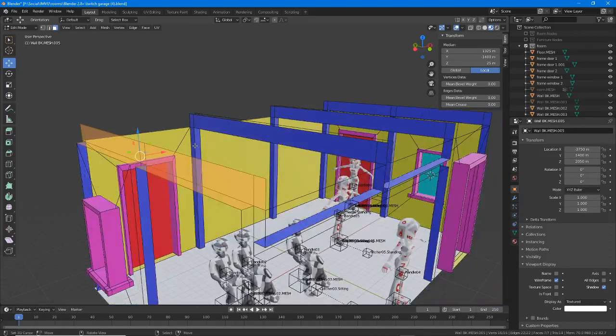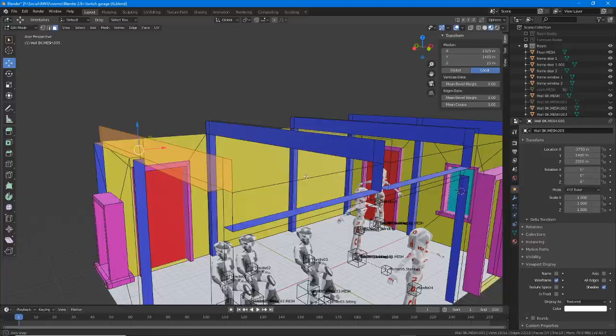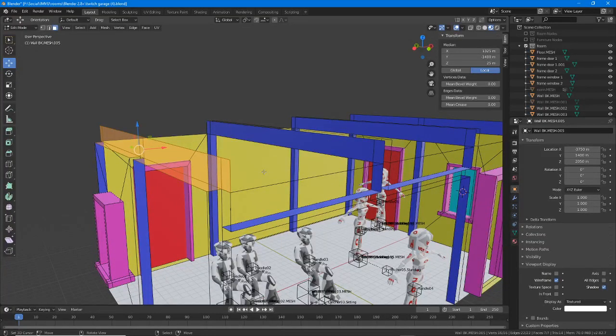So when you are working on your rooms and faces appear inside out, or parts of the mesh appear inside out, that's likely because the face is the wrong way around. The way to solve that is not in IMVU to enable double-sided materials,